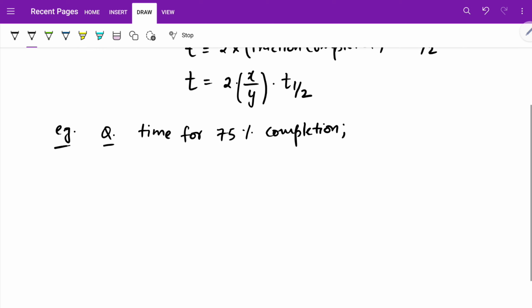So time for 75% completion, if we have to convert it into fraction, it means it is 3/4 fraction. Because in this we have to apply fraction method, so we have to calculate total time, and suppose T half is given 10 minutes, 20 minutes, whatever it is. So the trick is T half will be